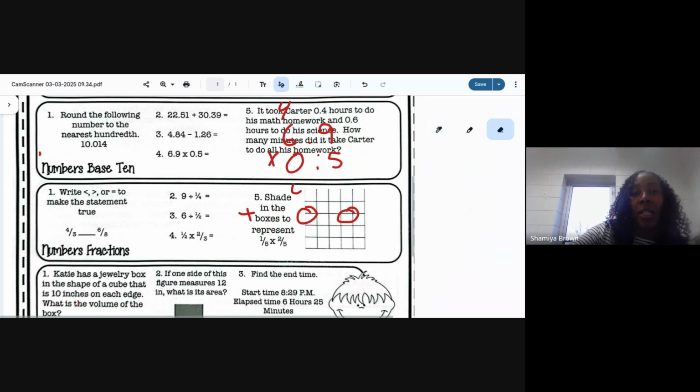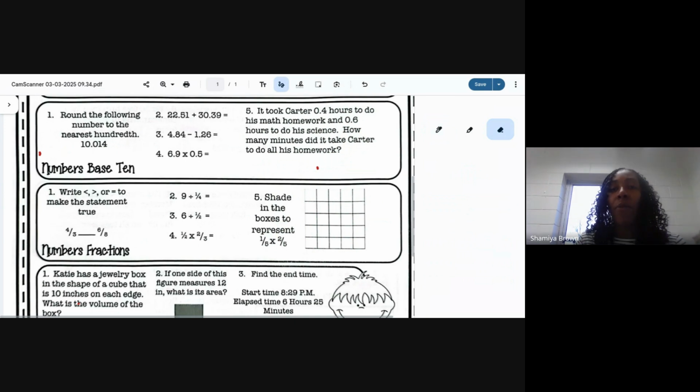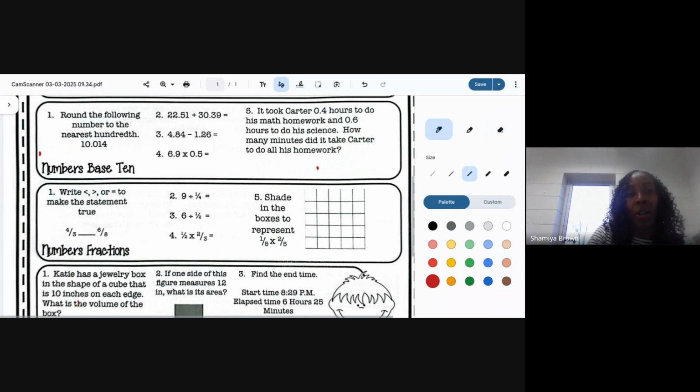Then the last one is a word problem. It says it took Carter 4/10 hours to do his math homework and 6/10 hours to do his science. How many minutes did it take Carter to do all of his homework? So far it's in hours. So I'm going to add that up to see what that total amount of hours would be, and then I need to convert that to minutes. So 0 and 4/10 plus 6/10. Add that up, and I get